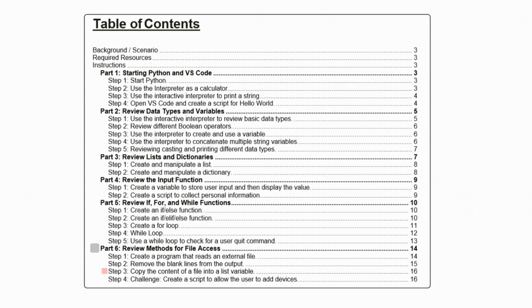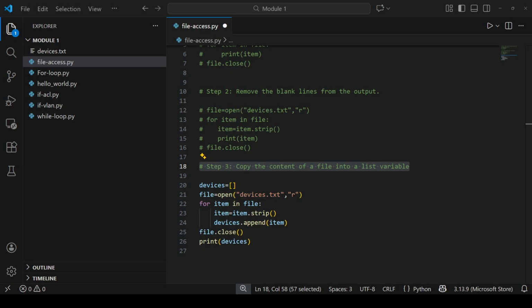Step 3. Copy the content of a file into a list variable. Most of the time, when programmers access an external resource such as a database or a file, they want to copy that content into a local variable that can be referenced without impacting the original resource. So let's try to understand this by creating an empty list named devices